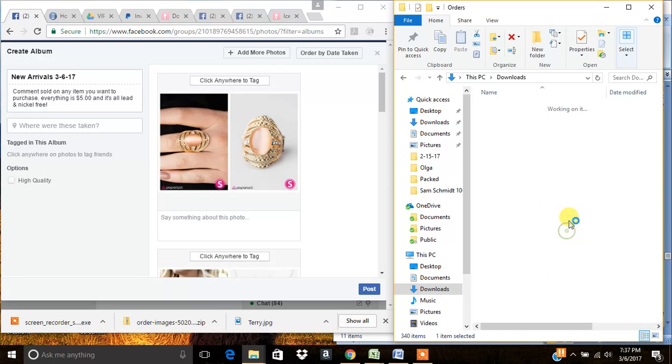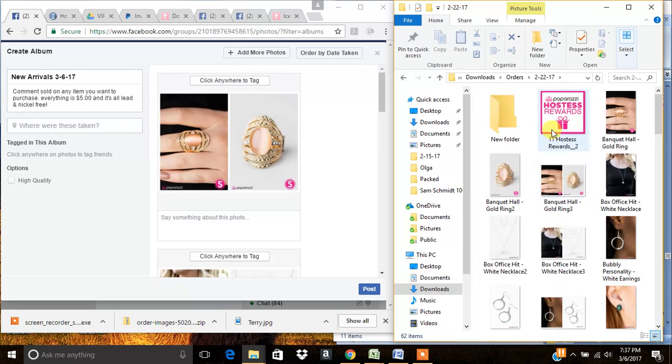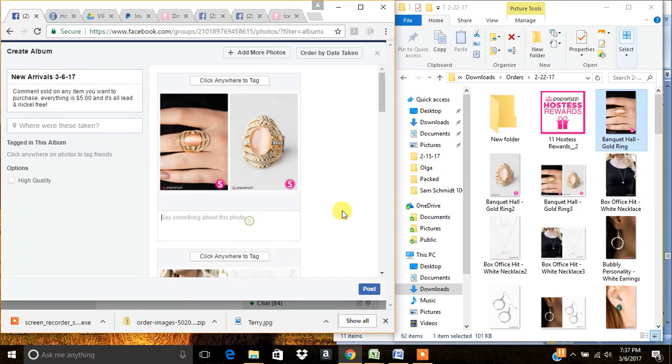It helps me in the long run for processing orders. So when somebody comments sold on this ring, say 6 months down the road, it's finally sold, and I don't know what it's called, and there might be a couple others that are very similar to this. I like to copy the name of the item into the description actually, and that way when somebody comments on this 6 months down the road, I'll know what it's called,